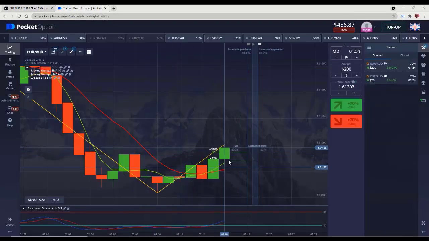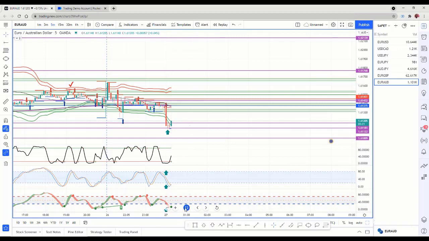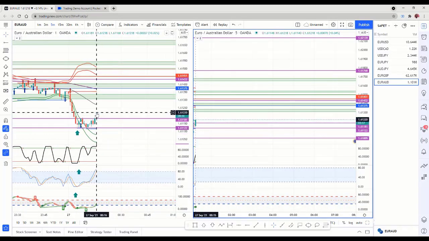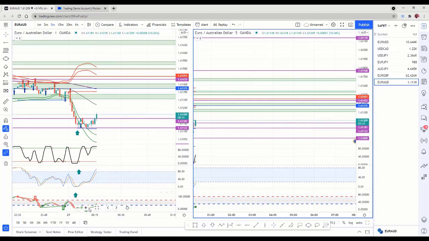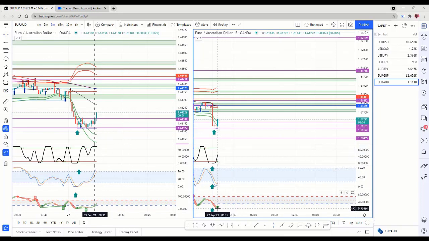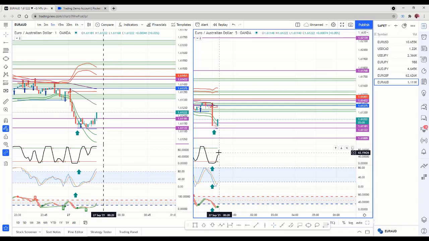You can see we are in a clear. Why? Because everything aligned for us. Even in the 1 minute now, you see it's taking off. You see, our stochastic is about coming too. Okay? You can see it. So if it is aligning like this, in a better place, okay, and this